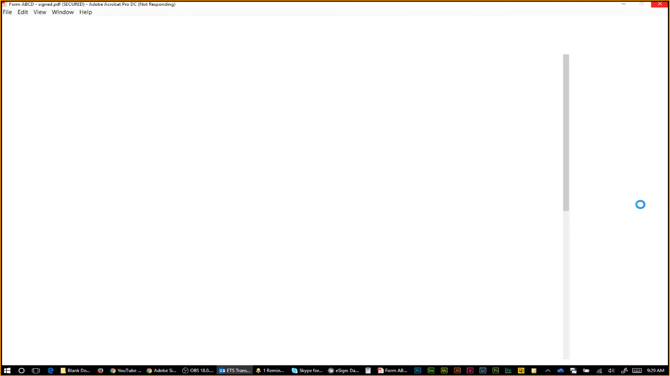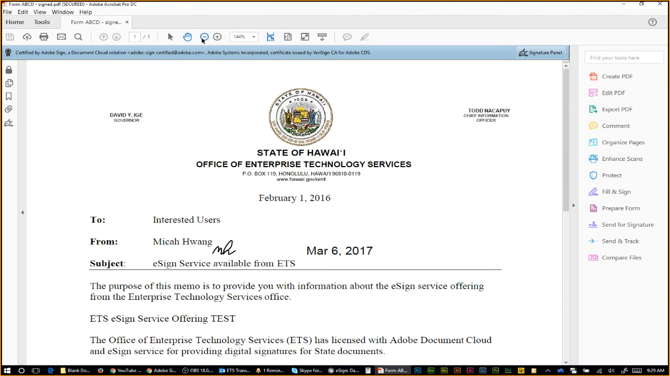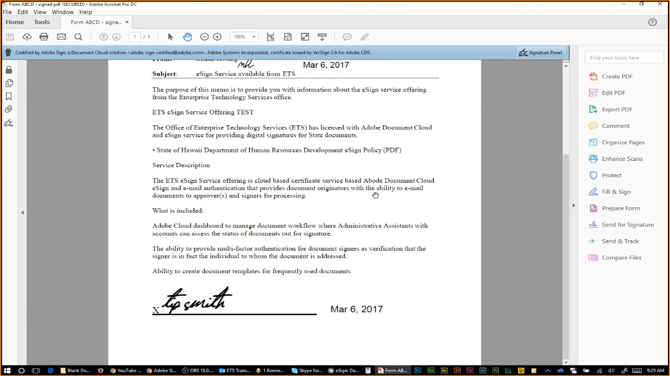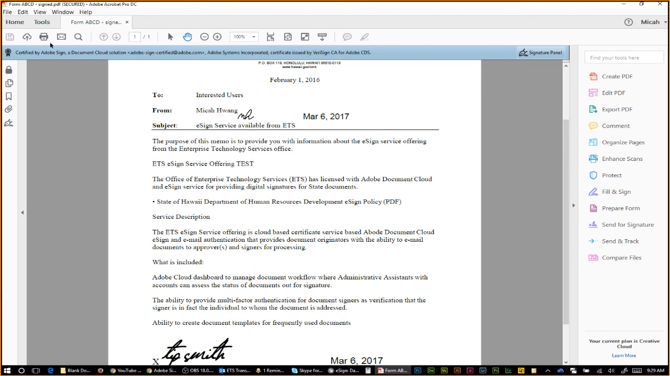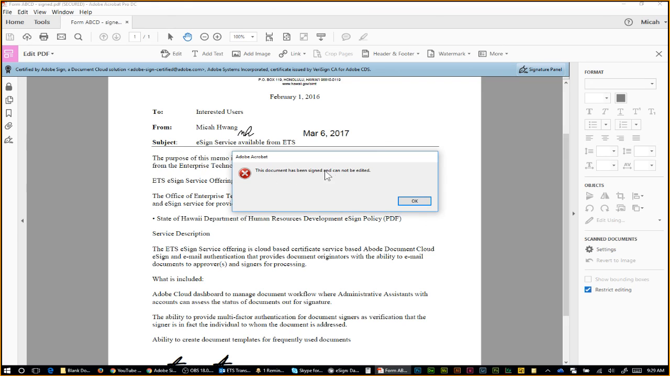Okay. So it's opening up in Acrobat. Here's my official e-sign document. And so it's now in PDF form. It's got the certification bar here at the top, which makes it locked and secured. Meaning, even if I click edit because I have Acrobat Pro, it says this document's been signed and cannot be